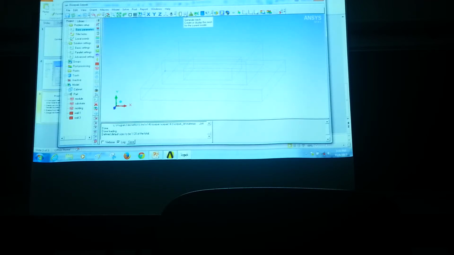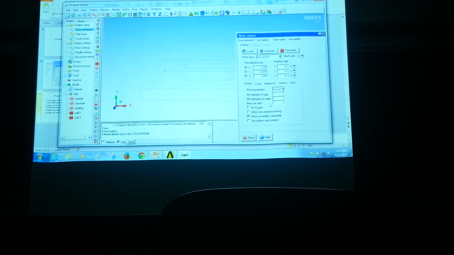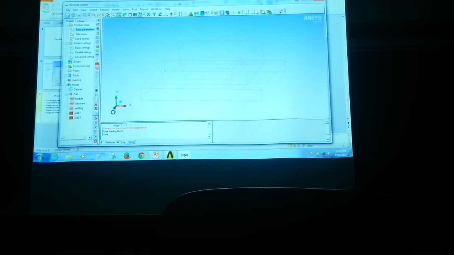Let's say mesh. I'm just going to take the default and say mesh. Warning: no mesh exists for a module body. Is that the problem we've been having? Yes. All right, you guys see that. Now I want you to see the order here. The reason for that is